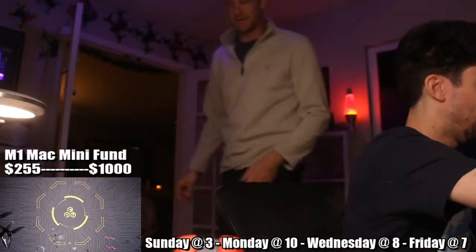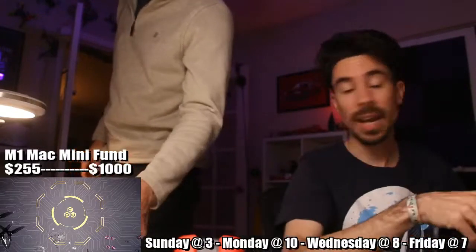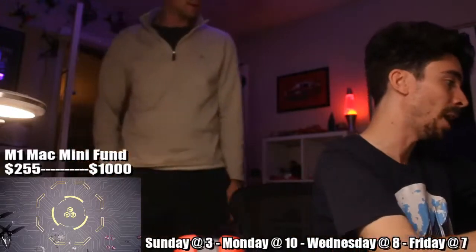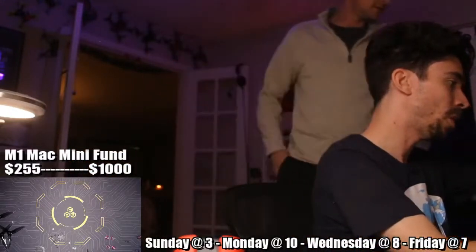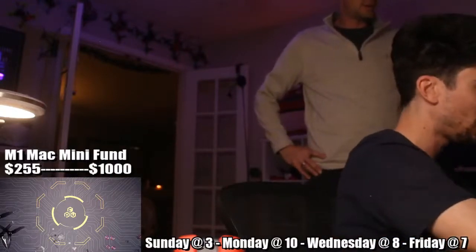I guess amperage is what I'm thinking about. You can change this to 2 amps, right? Is that what this button is? Yeah, and that's what I have this on, 2 amps. So I guess I'll just turn this up to like 3 amps and see if maybe there's a...